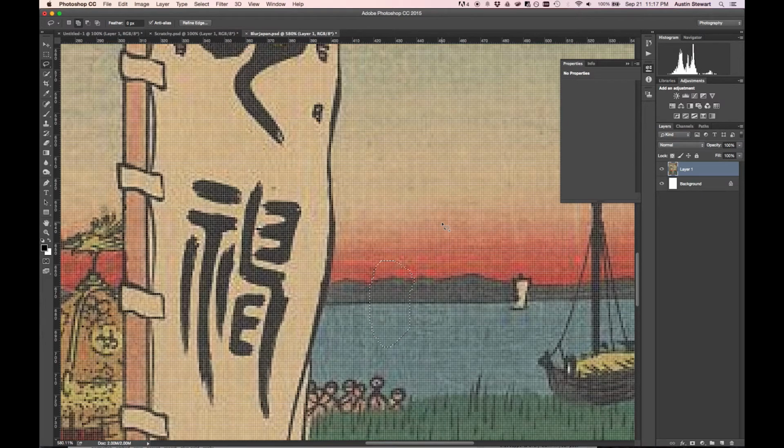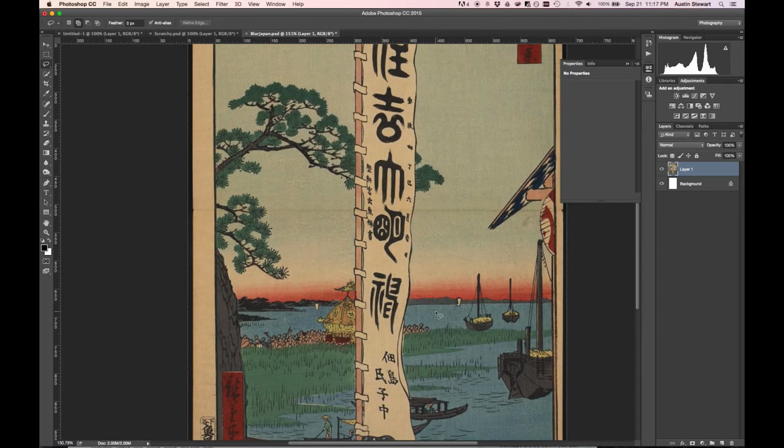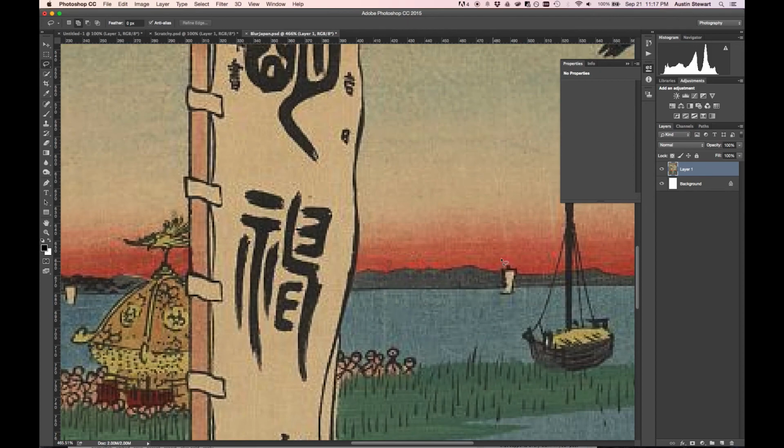And it very quickly grabs information from around the edges and most of the time does a really good job getting rid of whatever you had selected, right? So that boat is totally gone. If I want to, I can come in here and grab a little bit more. Again, you definitely want a little bit more space